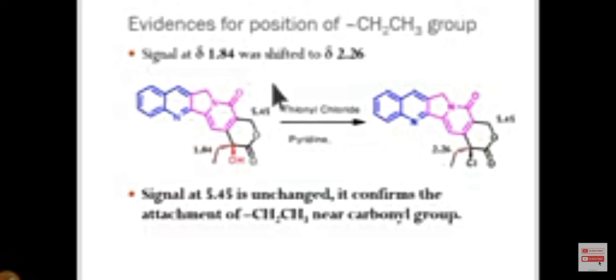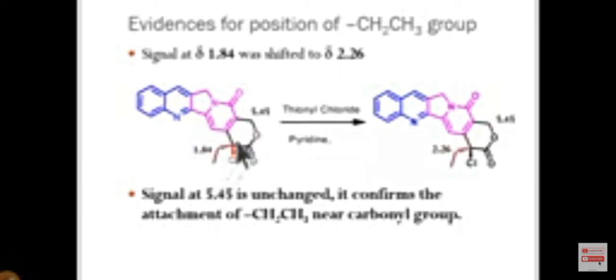Evidences for the position of the ethyl group in camptothecin. You know that the ethyl group is assigned over here and not over here. What I am trying to tell you is, this is a keto group, and then here is a CH2, and we can see there is a carbon having ethyl and OH group, and also here is oxygen. You could attach this Et and OH over here, but they confirm the position of the ethyl group over here.